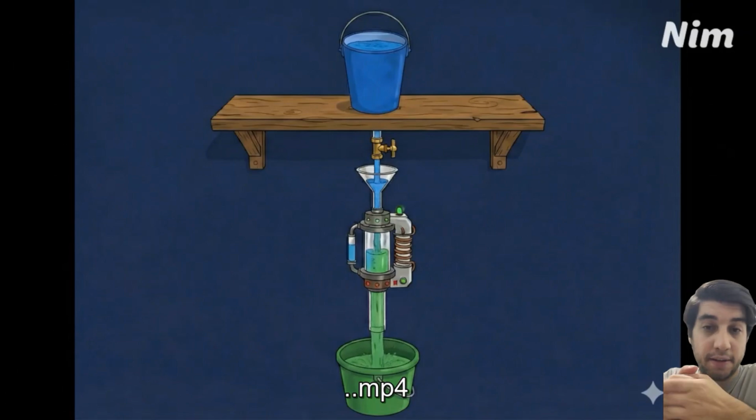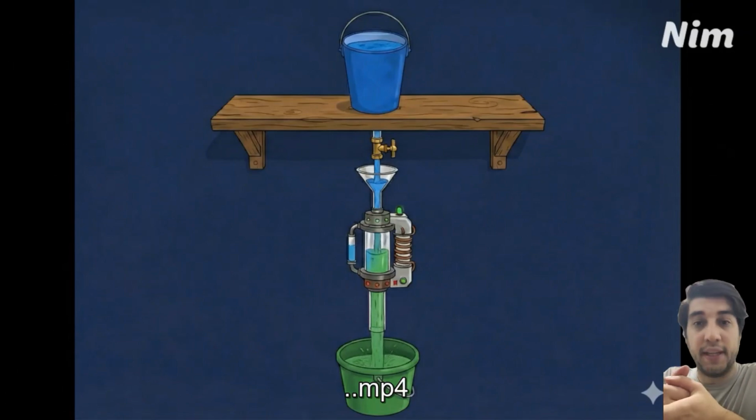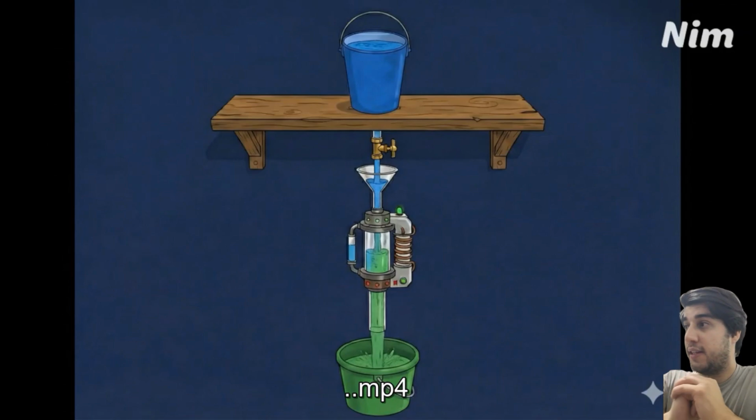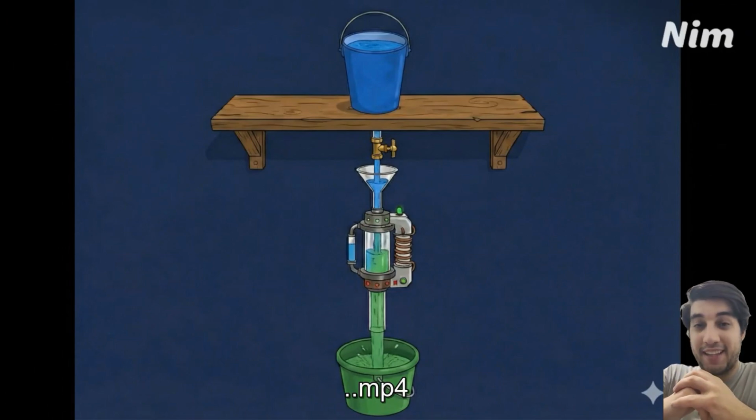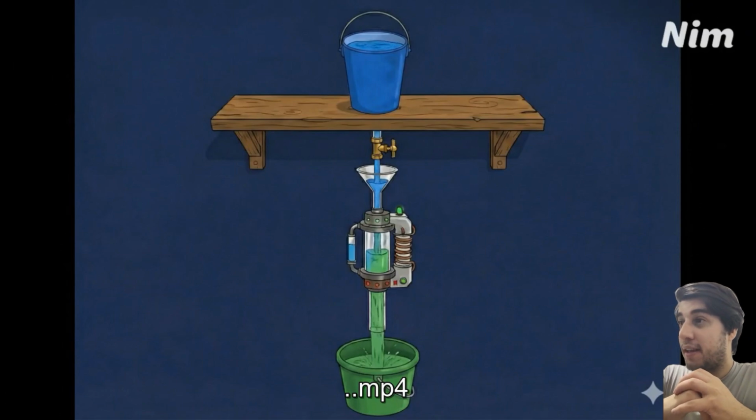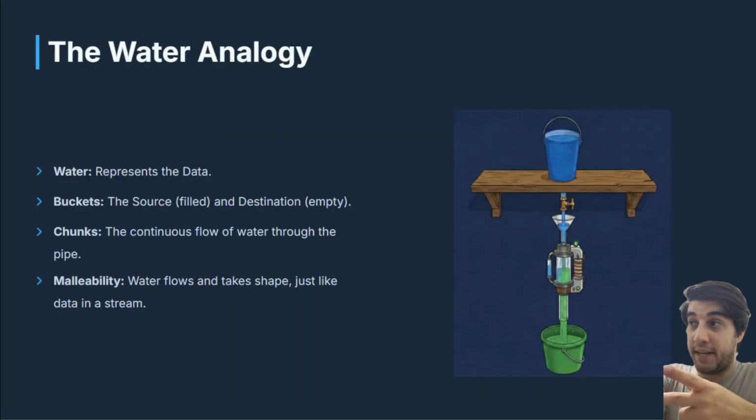This second bucket is usually empty at the beginning of the process, and you provide some water for that bucket. The water represents the data, the buckets are the source and the destination, and the chunks are the continuous flow of water